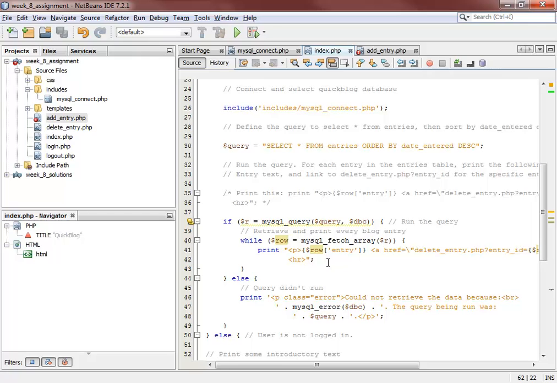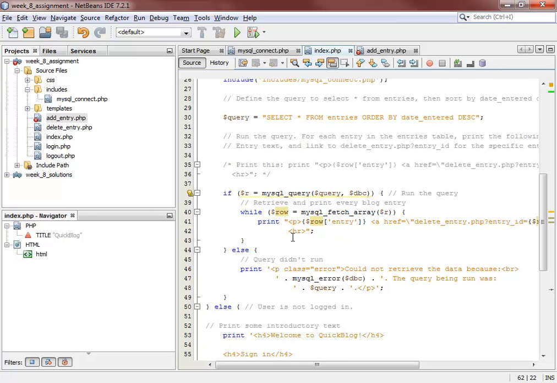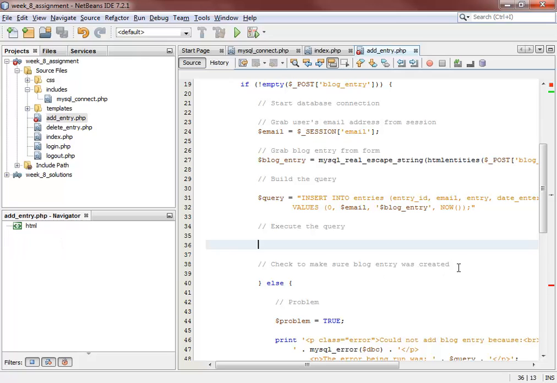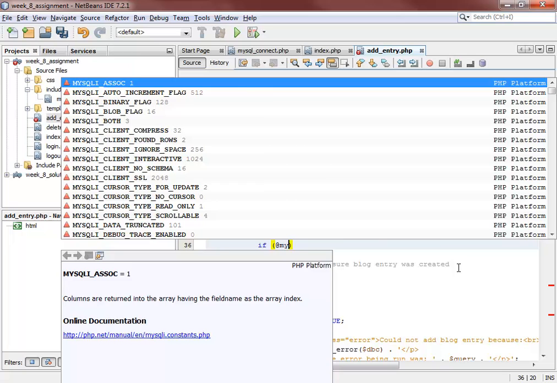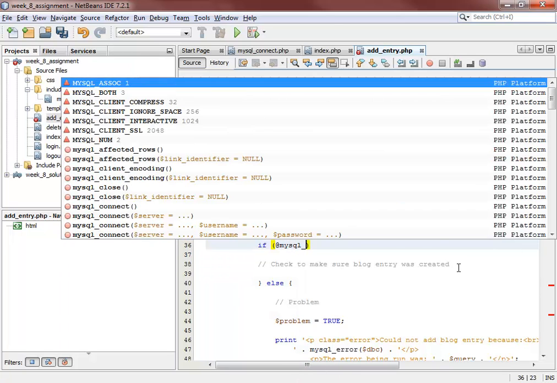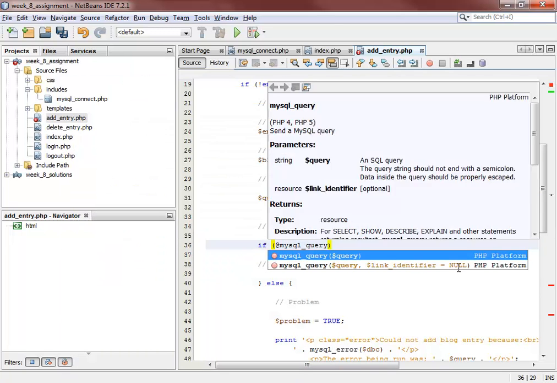Basically, all we want to do is copy most of this code, okay, and paste, or just retype it basically. All right, so if we run the MySQL query,